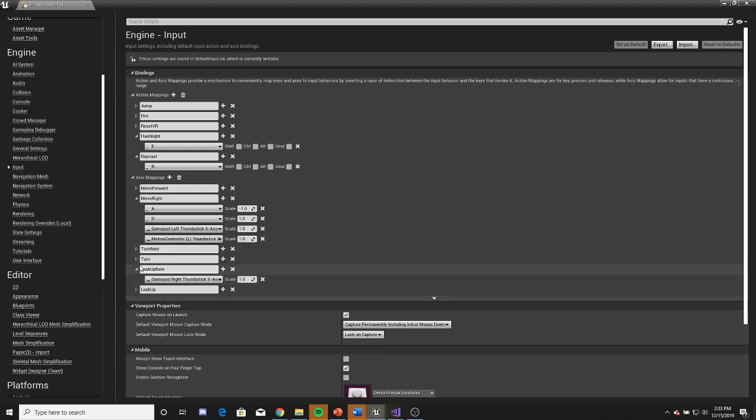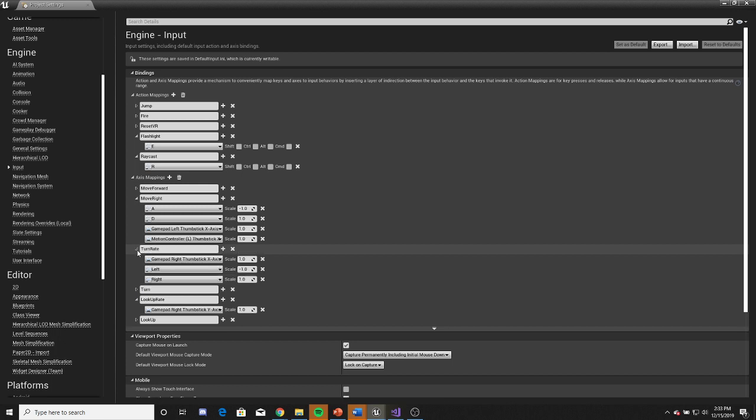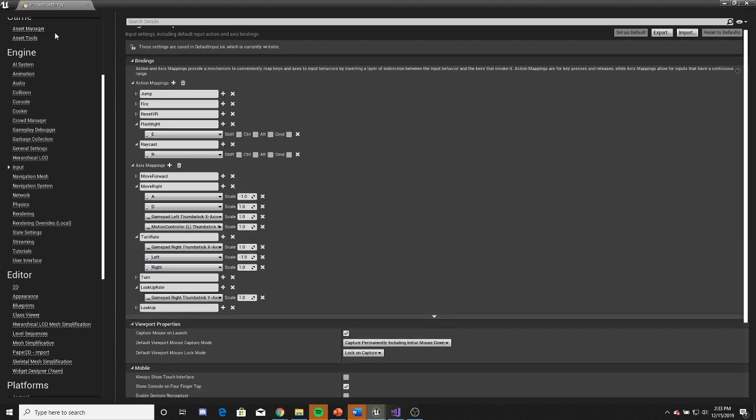And then your lookup rate, and then your turn rate. That's using your gamepad. So your scale goes from -1 up to +1, and they're all floats, but this one will go all throughout. So you can press right on your joystick really, really hard, and it'll go +1, or you can press right, sort of, and then it's like +0.5, right? So that's how that works. That's how that moves